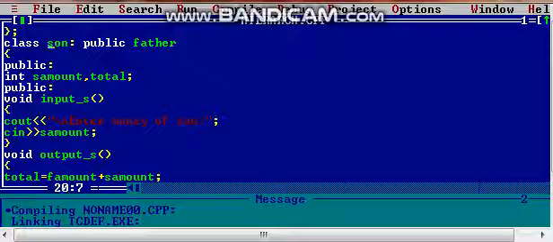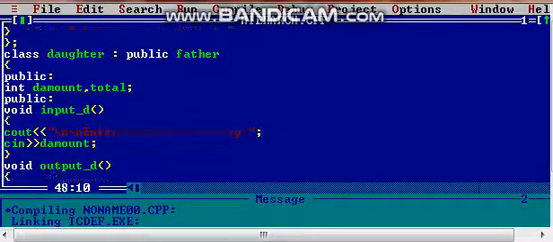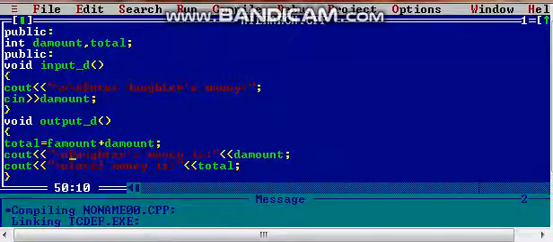See this class, son, see this one: function names input_s and output_s. In the daughter class they are input_d and output_d. Input_d: cout << "\nEnter daughter's money", and cin >> d_amount means we are